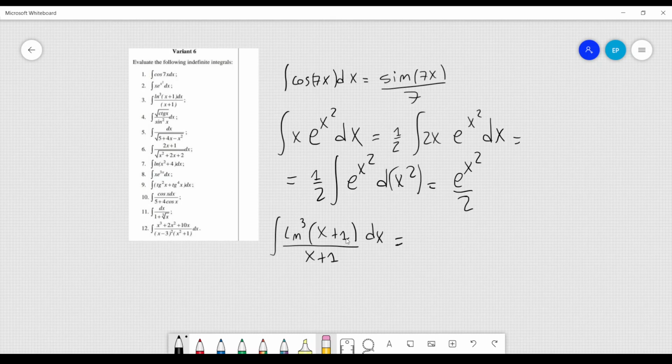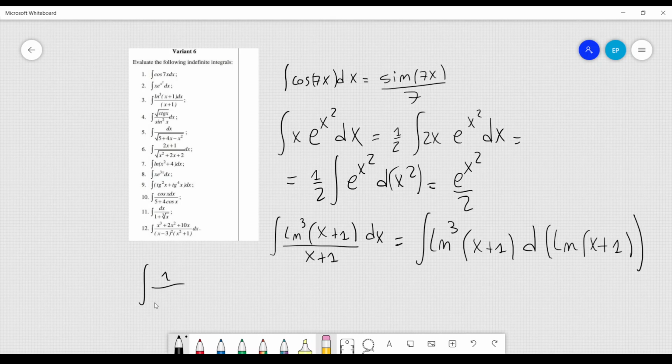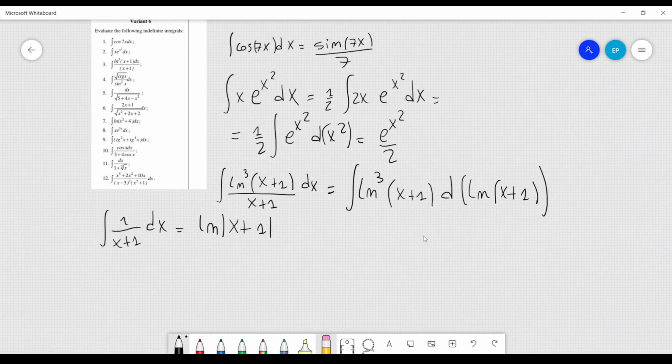If we integrate, we have the integral of log to the third power of x plus 1, times the differential of the logarithm of x plus 1, because the integral of 1 over x plus 1 dx is just the logarithm. In principle, you also have to consider the absolute value of x plus 1. If you want to be very rigorous, we have to put the absolute value here,